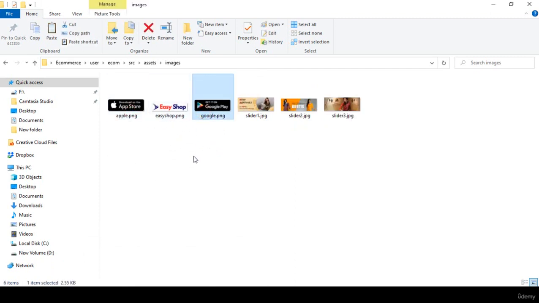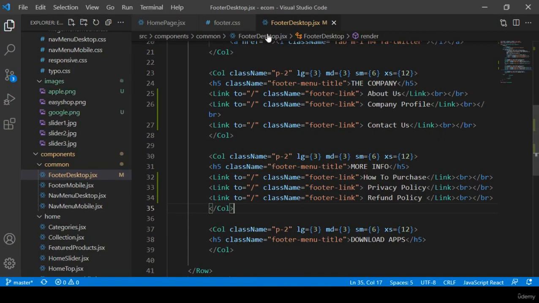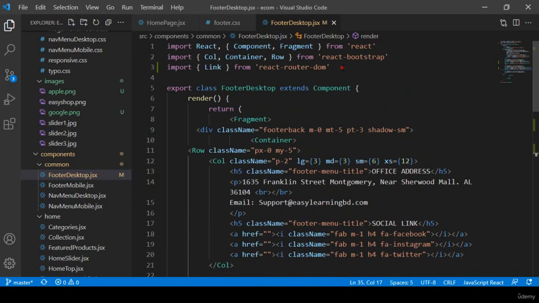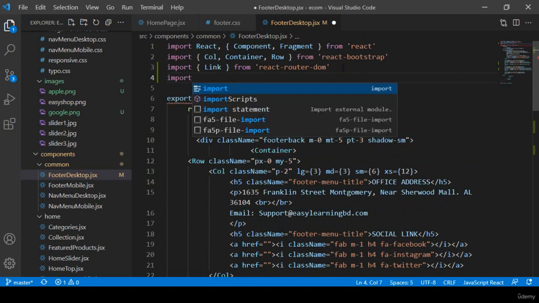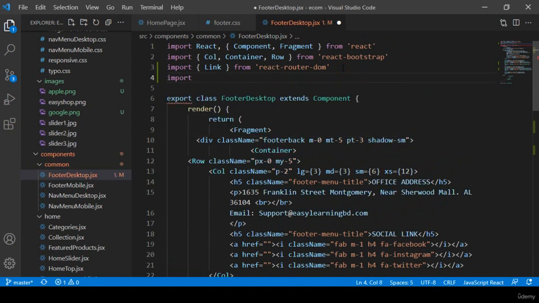So now, first of all, we have to import both of these images in our footer desktop. I want to use import first. So that will be import, right? Import from which place? I want to name it Apple. Okay, Apple, and then from